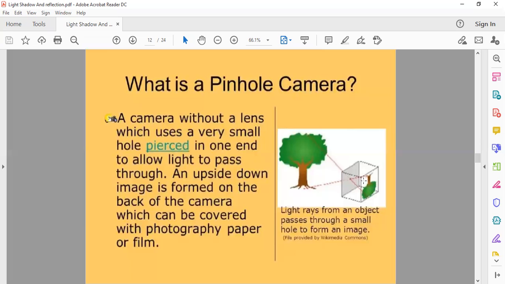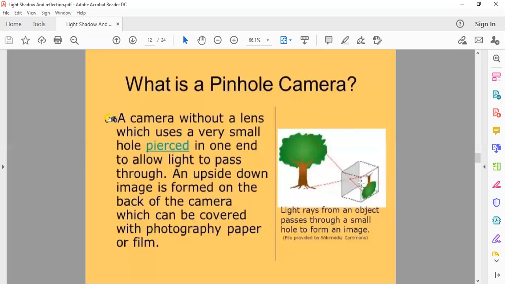I think it's clear to you that you are standing in the dark room, and your friend from the outside is shining a flashlight over this box. And here on the box there is a pinhole, and the light enters through this pinhole, and it forms a brighter image on this part, the back side of the camera.